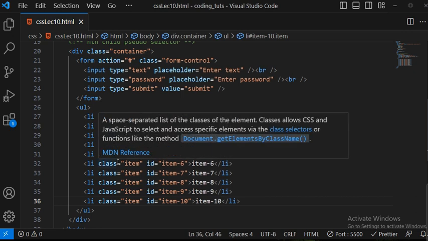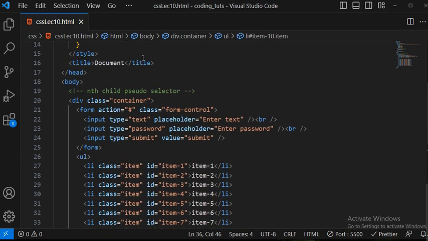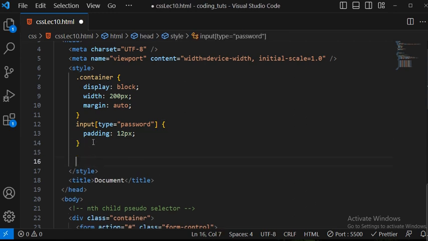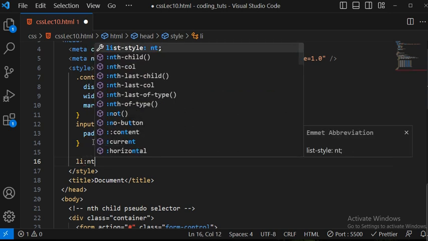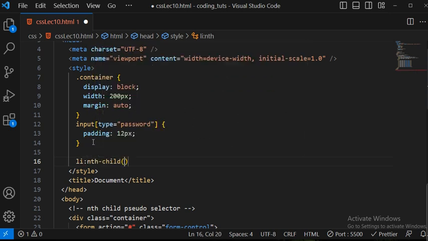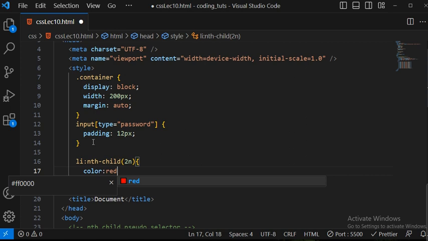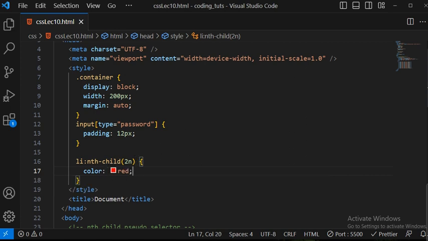Now what I should do, I will use something called nth child. I just write something in style. We already understood about this concept. You can target things like this. So I just remove all these things for now and go with nth child. I will write li, and then colon nth child. In this nth child, I write 2n, and I give some color of red. Let's go with color red. And if I save this, now you will see that